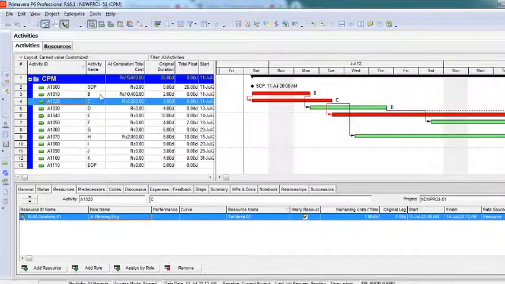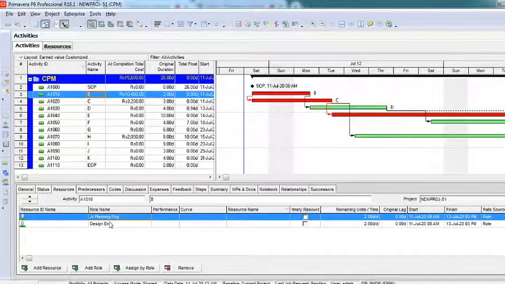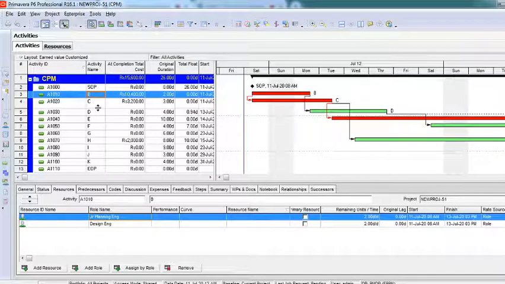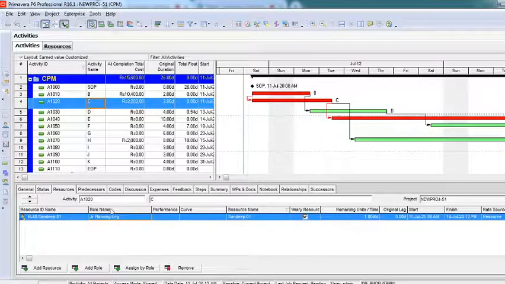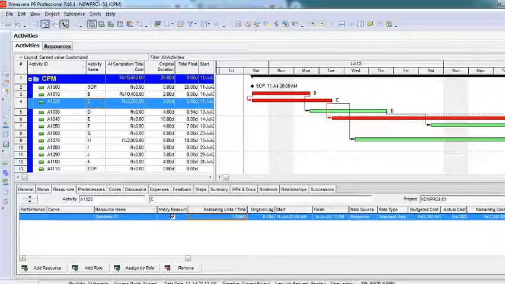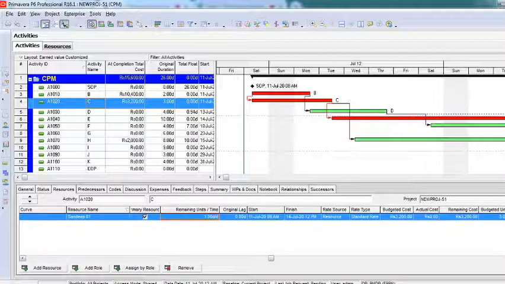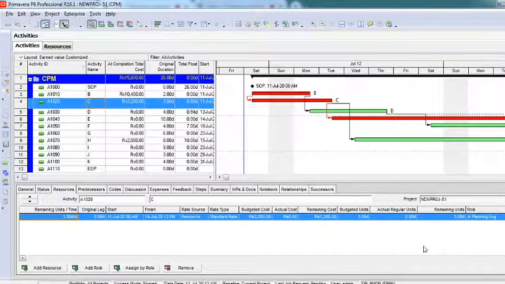In the previous example, we knew only what the roles were, but we did not know who was performing them. But in this example, you can see who the resource is and what role he is performing, right? The units of the resource is only one, and the cost has been assigned accordingly because the activity is for 3 days. And it is taking the standard rate. If you want to change it, you know how, right? So that's how it is.